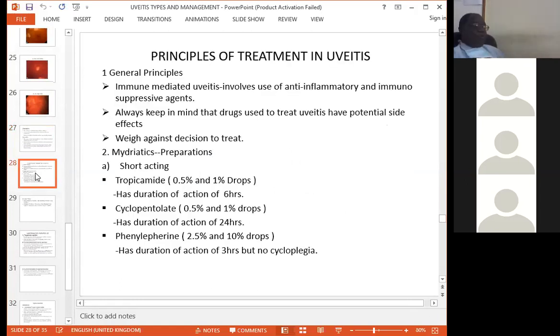Principles of treatment in uveitis. General principles. Immune-mediated uveitis involves use of